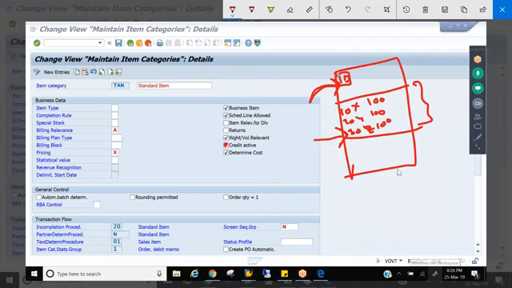So the customer is telling that I have a material called 30Z, which is a slow moving item. I don't want this item to be included into credit management. How do you do this? Anyone? With uncheck credit active, I will create a new item category, copy this TAN and uncheck this field. Yes, so you'll copy this item category to ZTAN, and for ZTAN you'll uncheck this.